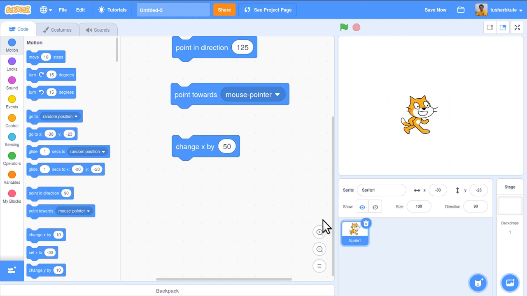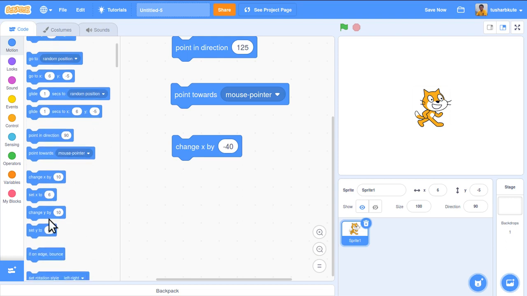Click, click, click. Now it's not required that it should be a positive value. I'll keep it here, and I want to move it backward by minus 40. Change X by minus 40. Click, click, click, click. It's moving backward by 40. So negative values move it backward. Remember, it will not go out of this window. So the stars are still there. So you can change X by the respective value.